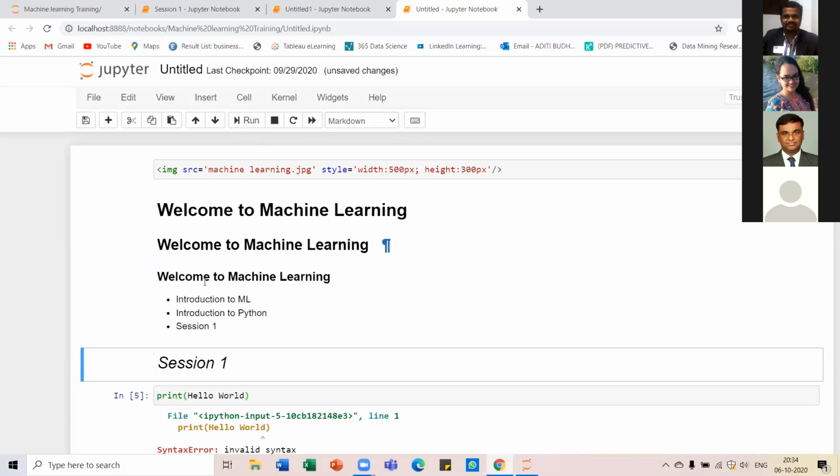So this is very helpful when you want to have the subheading, the main heading and the topics. This is one way of formatting the Markdown text.